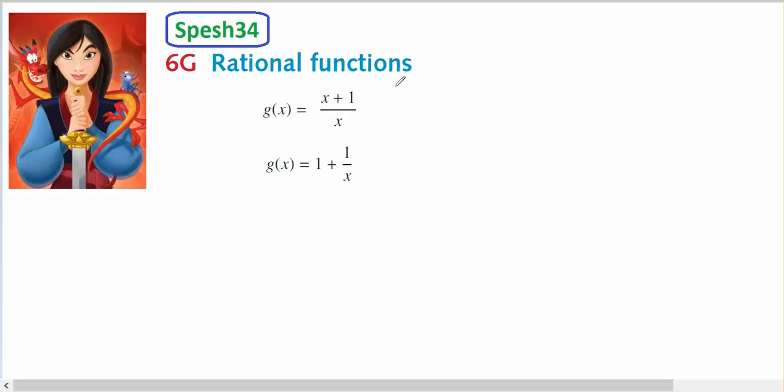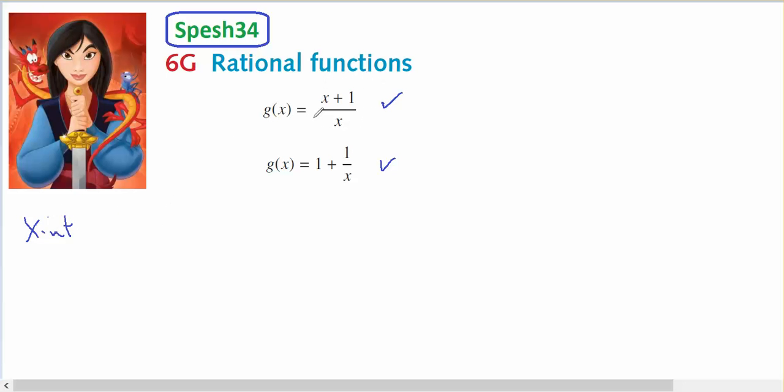Okay, this is for Specialist Maths 6G, rational functions. I'm going to sketch this particular rational function. I've shown in the previous explanation video how to turn this into this form. Now that we're into this form of the addition of two functions, if I'm looking for the x-intercept, I wish to make the original